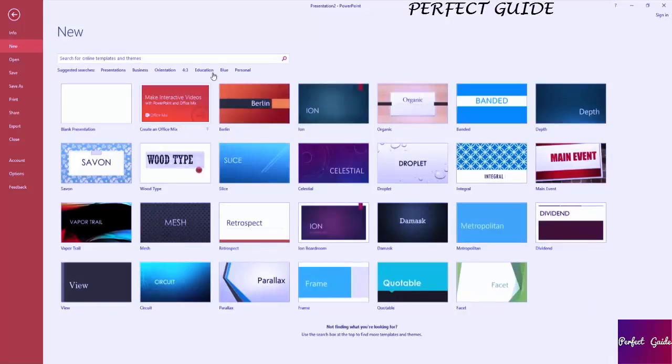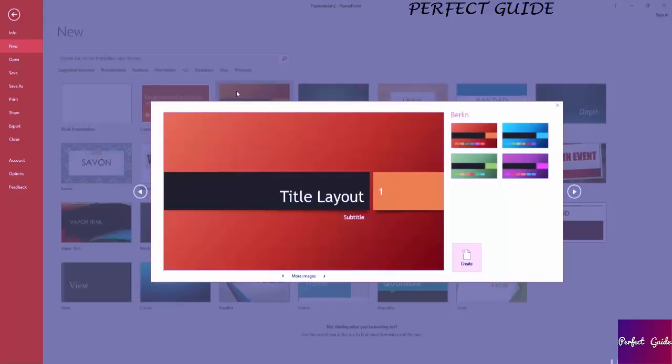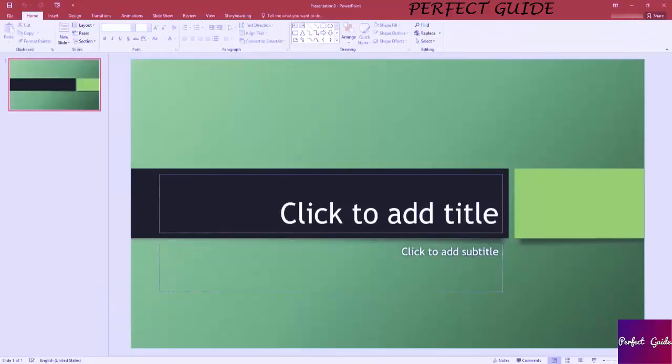Now let's go ahead and try using a template. When you click on a template, certain ones actually have multiple color schemes. So for instance, with this Berlin template, if you don't like the orange-based color scheme, you can try a blue one or a green one. And although the layout is still the same, it does change the colors so it can suit your purposes better. When you've selected the one you want, just go ahead and hit create,